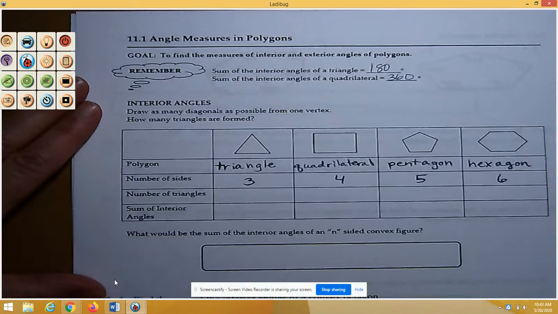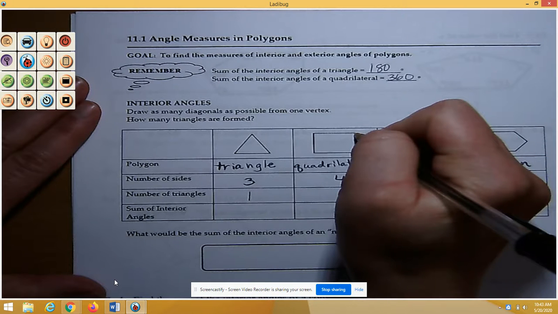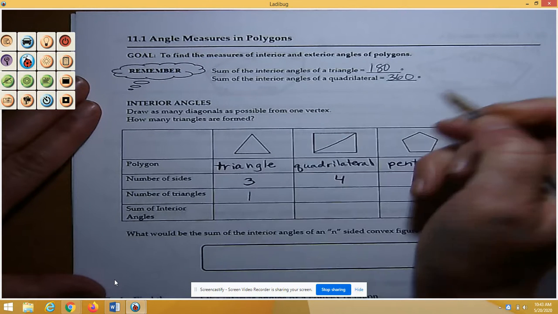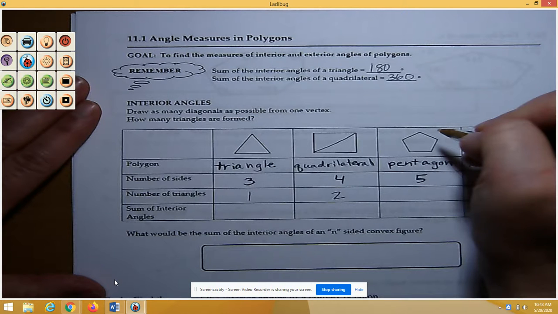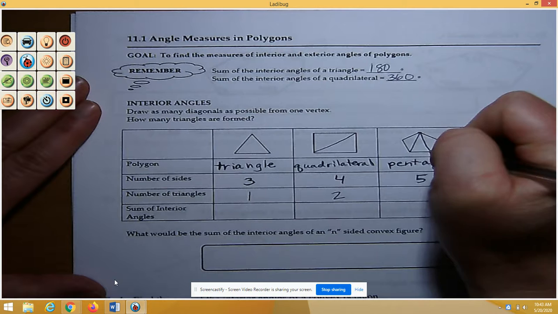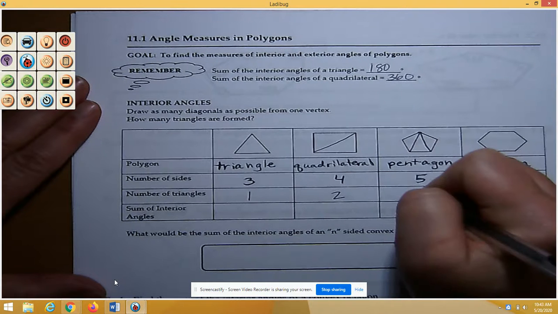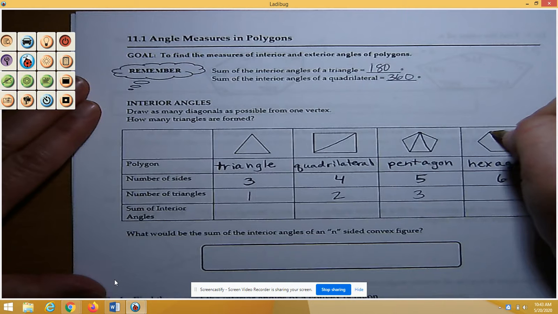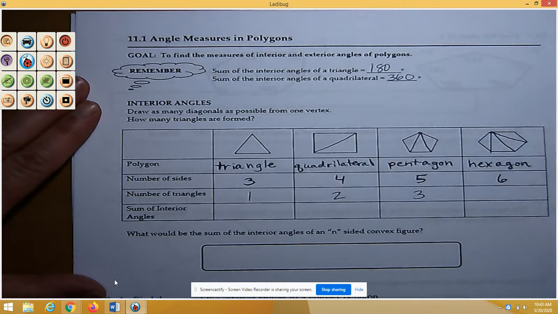We would like to draw as many diagonals as possible from one vertex, and we want to know how many triangles are formed. So right here you have a triangle, quadrilateral, pentagon, and hexagon with 3, 4, 5, 6 sides. This has one triangle. From one vertex here, I can draw two triangles. From one vertex here, I can draw two diagonals, so that's going to make three triangles. And then the pattern will continue. From this one vertex, I have 1, 2, 3 diagonals, which will make 1, 2, 3, 4